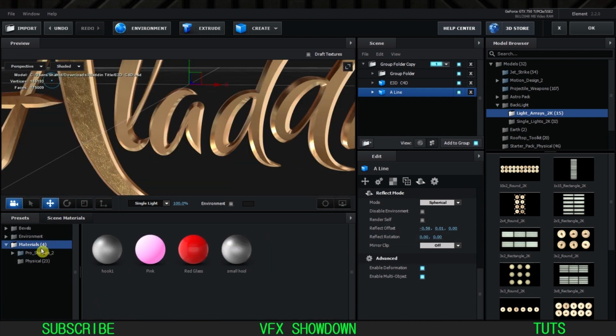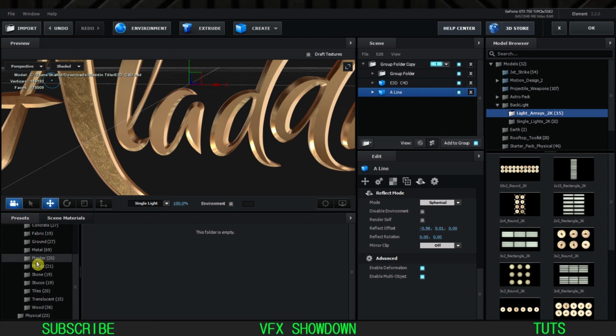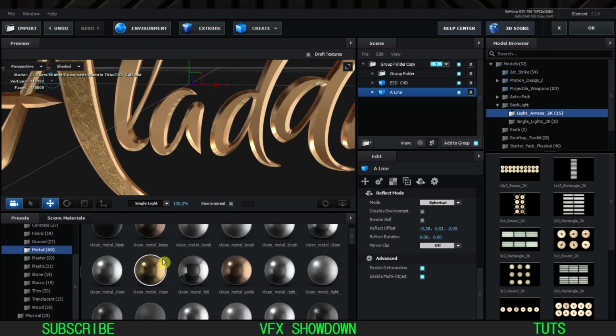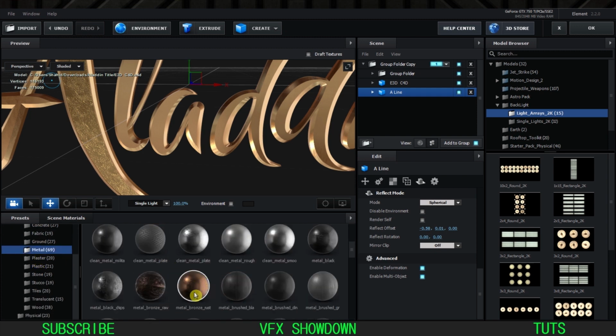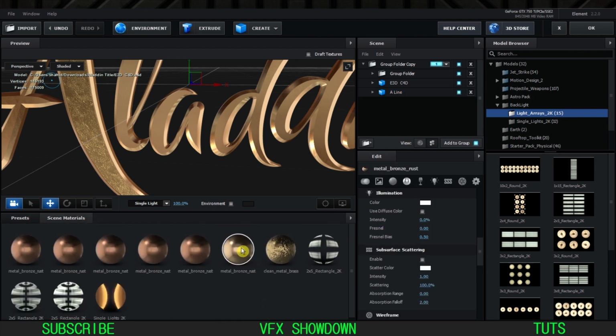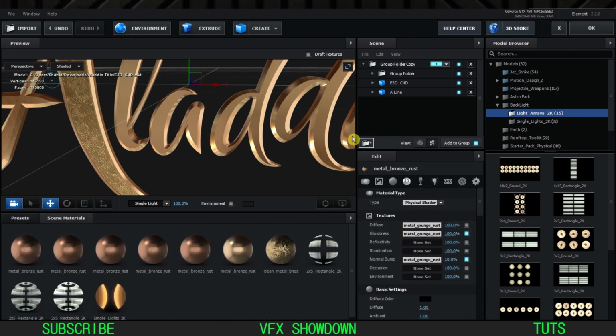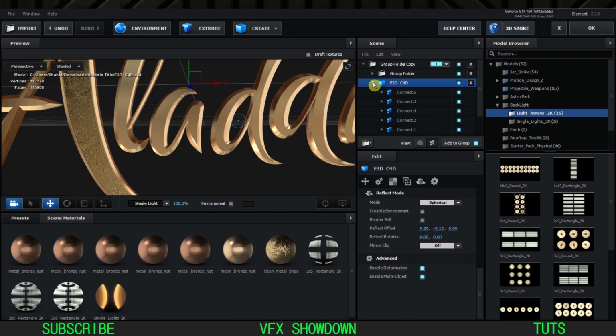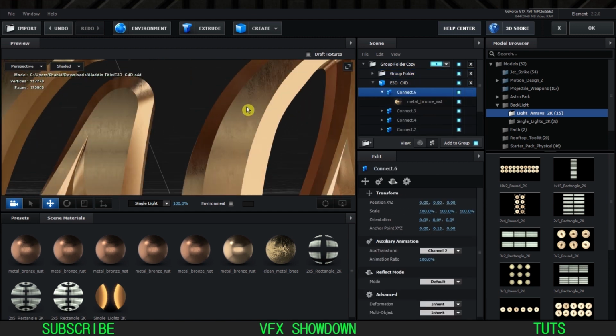So again I have Procedural 2. In the metal I use this one. I use the metal bronze rust. I'm gonna show you. So this one is on each group. So as you can see,